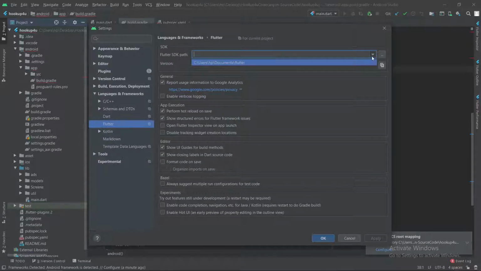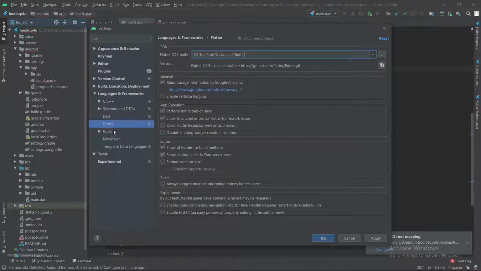So if this path is empty, then you need to specify the path for your Flutter SDK. I have already used it, so there is this suggestion and I'm just doing it directly. But in case this is your first time, you will need to specify the path using these three dots. Tap on these dots and you will need to navigate to your SDK path.